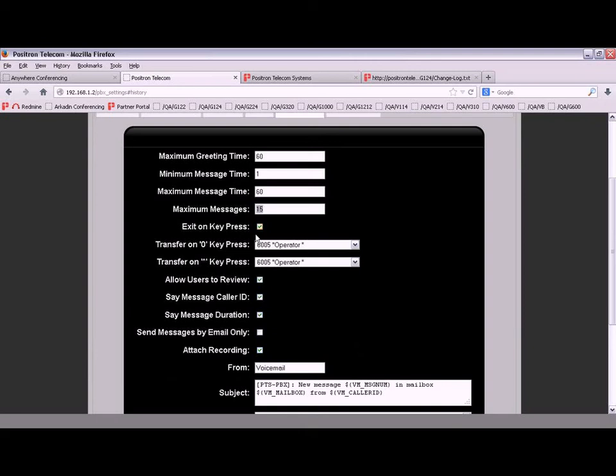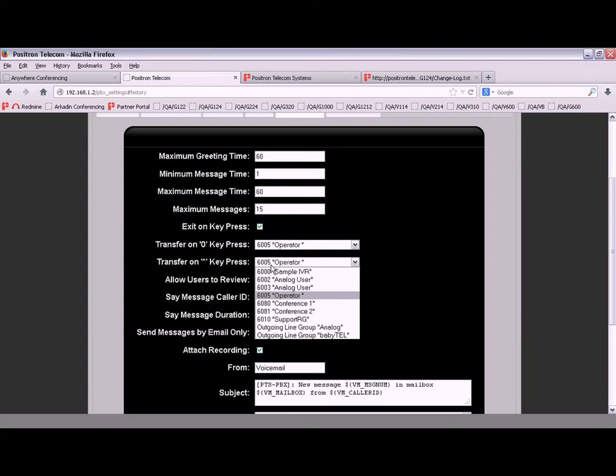Exit on key press: if in your recording you mention, if this is an emergency, please press 0, then maybe it routes the call to the operator. The operator will deal with the call immediately. Similar to that, you can record another one saying, or if you want to reach me directly, press star, and then you can go out the outgoing line group BabyTel